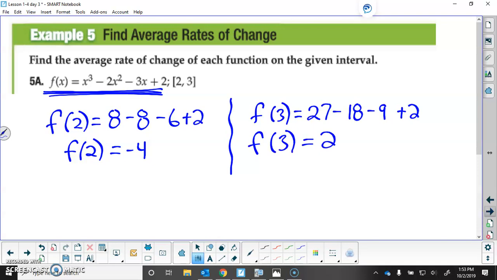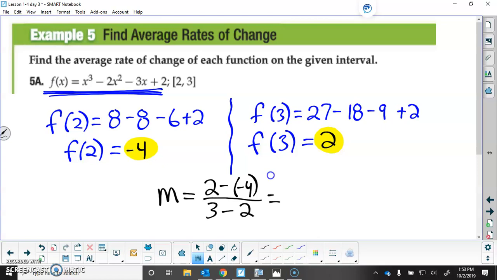Now that we have the 2 outputs, we can find our slope, which is change of y divided by change of x. That would give us 6 over 1. So our average rate of change is